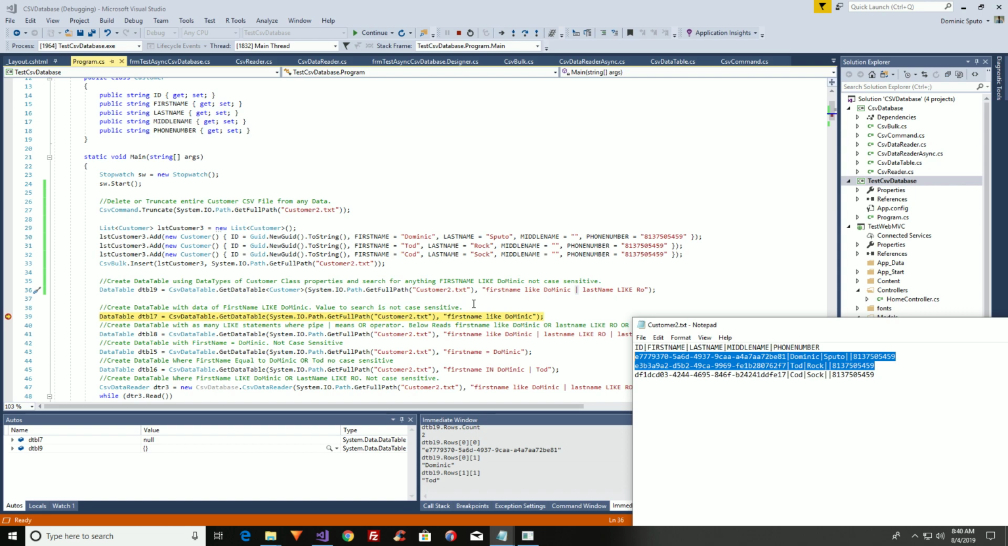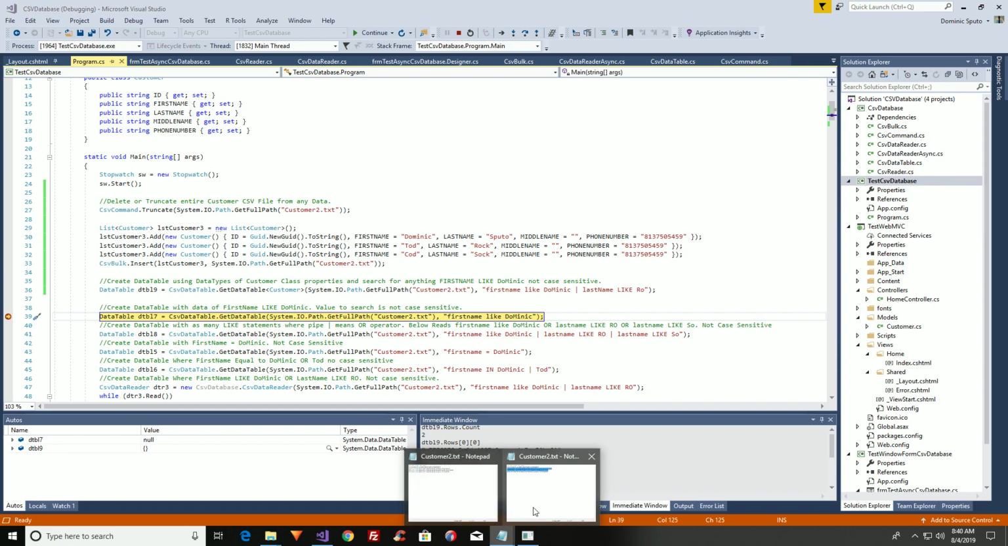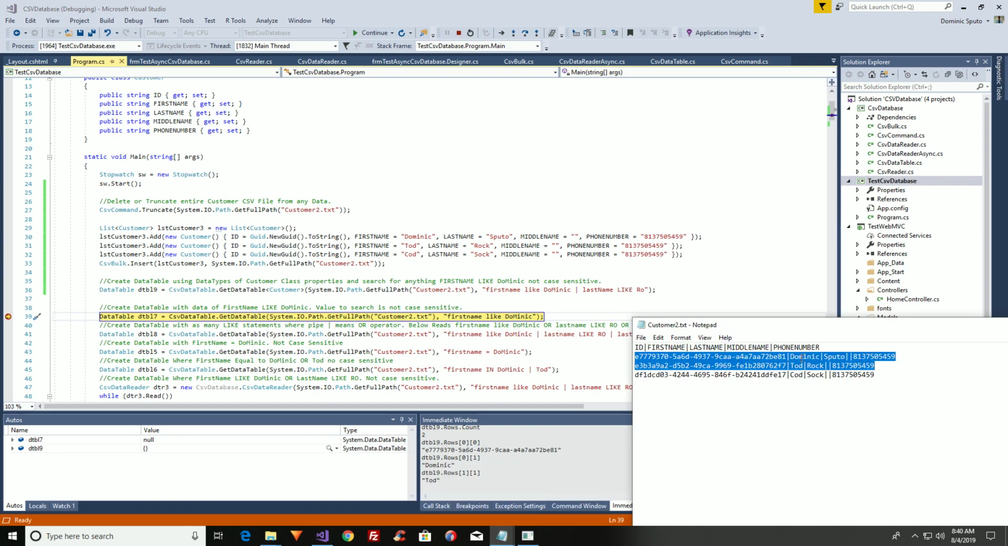Alternatively, you can just do a first name like Dominic. You see how it's not case sensitive either. You see here Dominic is initial cap, and you can see here there's a capital M. It's not case sensitive. You can do just first name like Dominic, but if you need to do like